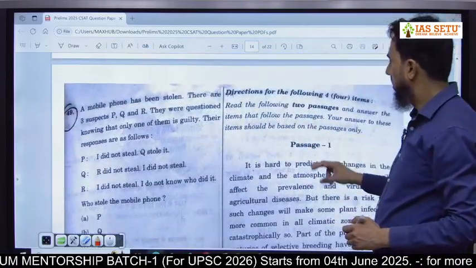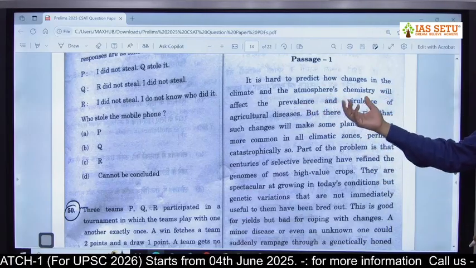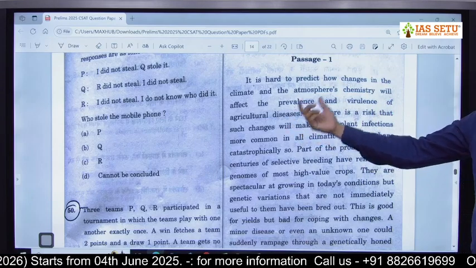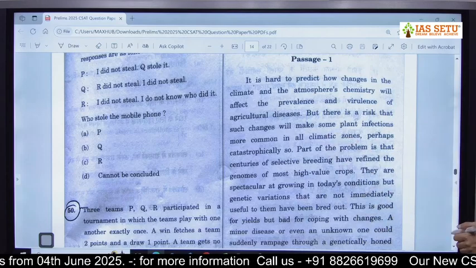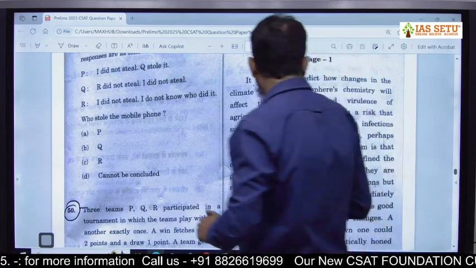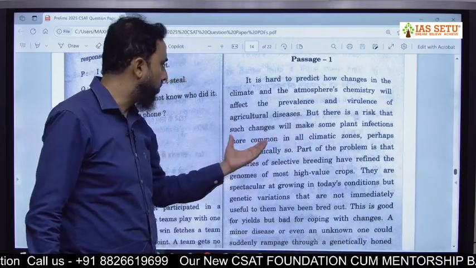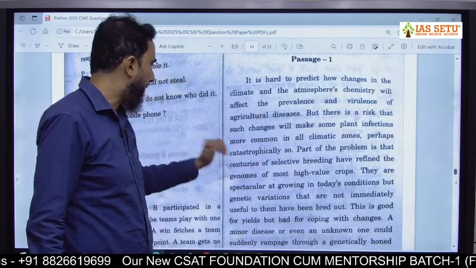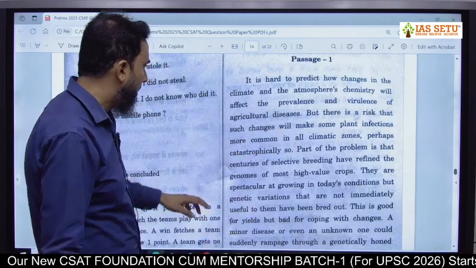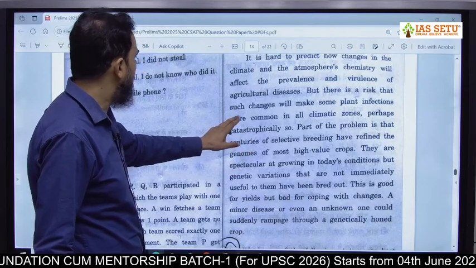Next passage. It is hard to predict how changes in the climate and the atmosphere's chemistry will affect the prevalence and virulence of agricultural diseases. Prevalence you all know, it pervades, it spreads, and virulence is the intensity of the disease. It is very hard, but there is a risk that such changes will make some plant infections more common in all climatic zones. Perhaps catastrophically so, at a larger magnitude will be high. Now part of the problem is that, then the author describes a particular problem. The problem is part